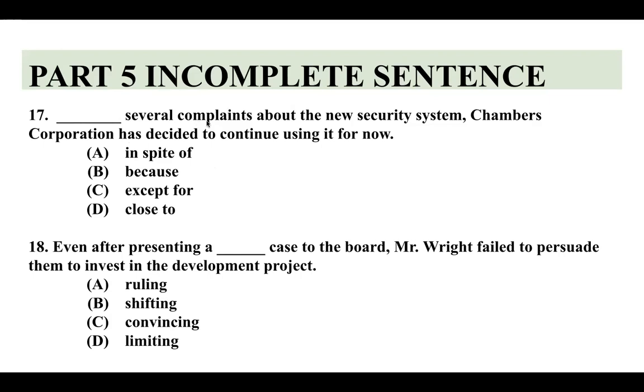in spite of ถึงแม้ว่า several complaints about the new security system, Chambers Corporation has decided to continue using it for now ก็ยังใช้อยู่ แสดงว่าประโยคย้อนแย้ง ถ้าเราตอบว่า because เนี่ยต้องเป็นเหตุและผล meaning เป็น positive cross except for นอกเหนือจาก ไม่น่าได้ except for ในที่นี้คือตามด้วย gerund นะครับ แต่ดูตัวนี้แล้วเนี่ยเป็นไงฮะ ไม่ค่อยเข้ากัน และ close to แปลว่าใกล้เคียง ซึ่งใช้ใน location นะฮะ เช่น this department store is located close to river front นะครับ เพราะฉะนั้นคำตอบลงไปที่ A นะครับ ทุกคนครับ พิมพ์ A ให้หน่อยครับ พิมพ์ตามเพื่อนเลย A นะครับ